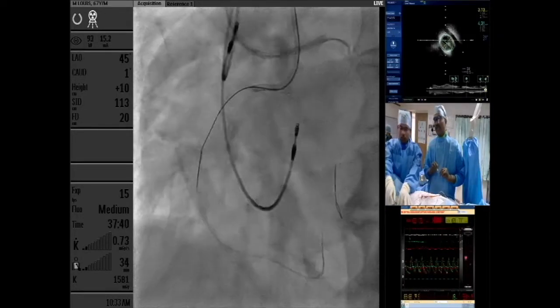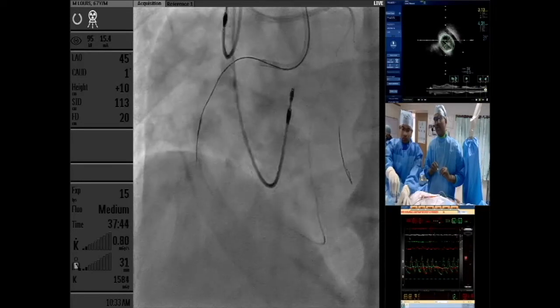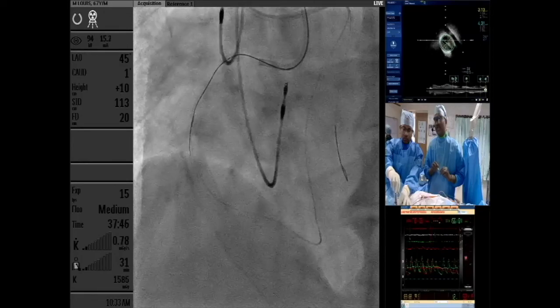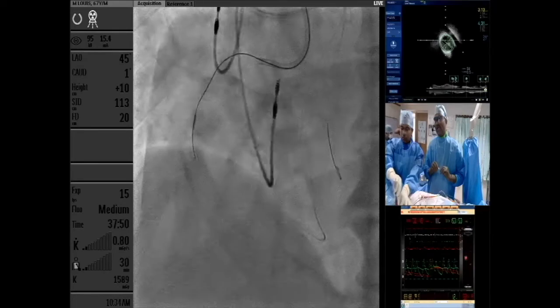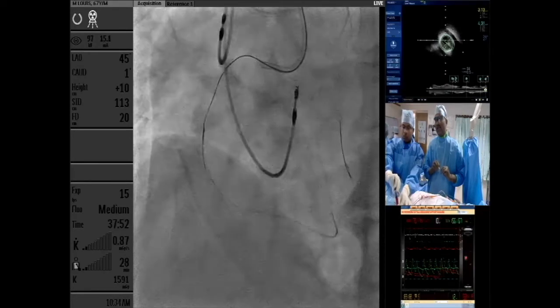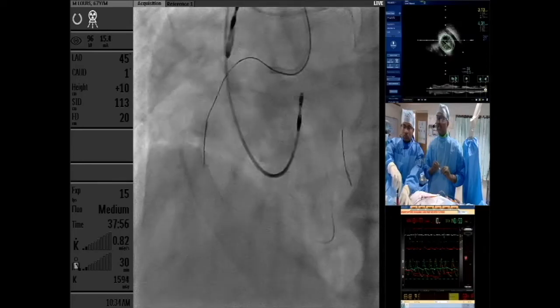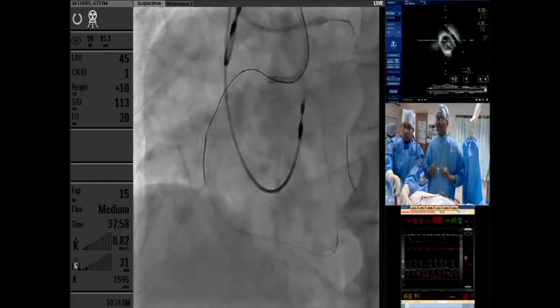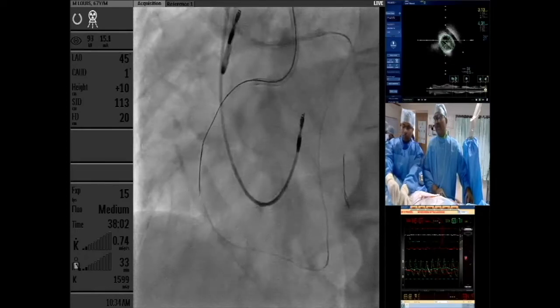I'm trying to advance the microcatheter, but it's not getting advanced. So what I'm doing, I'm just sending my Gaia as far as possible with the rotatory movement, and then let me